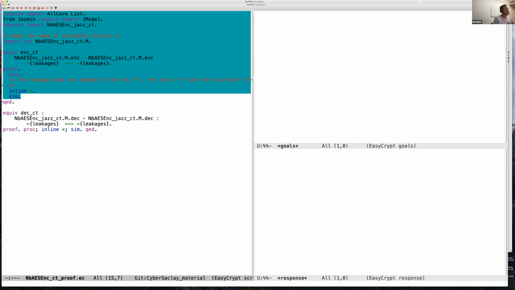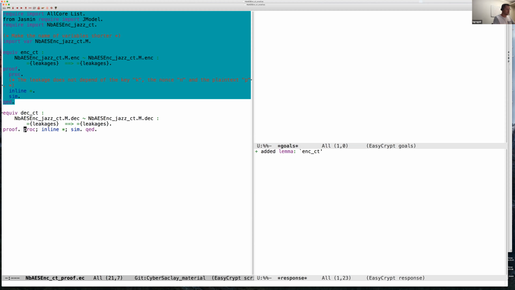This tactic is based mostly on data dependencies. So it's completely trivial, in fact, to prove, but it's not surprising because our implementation here has been designed to be constant time, and this implementation does not use memory